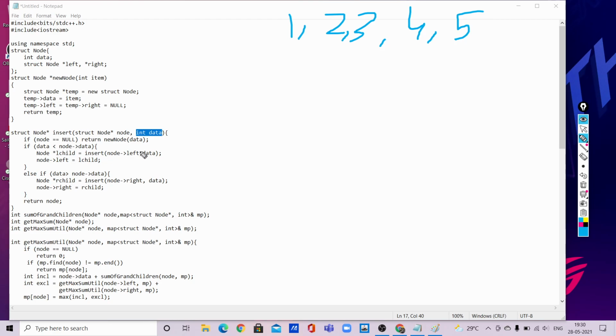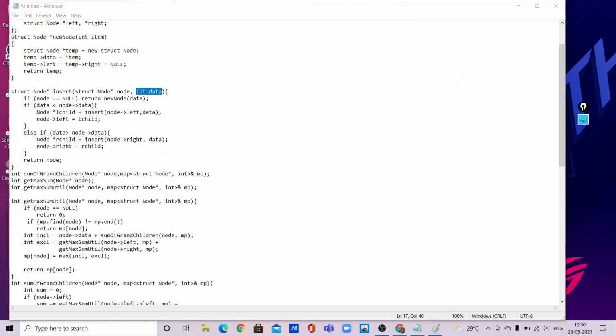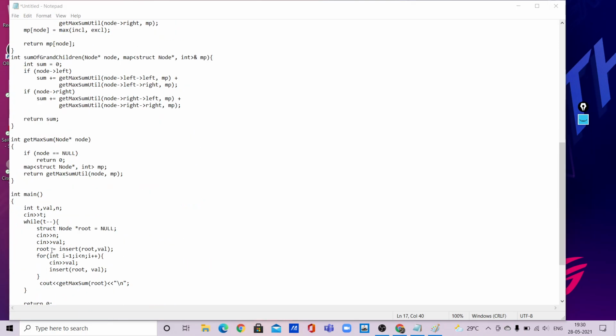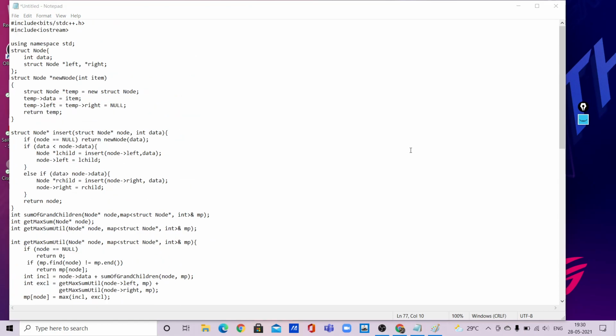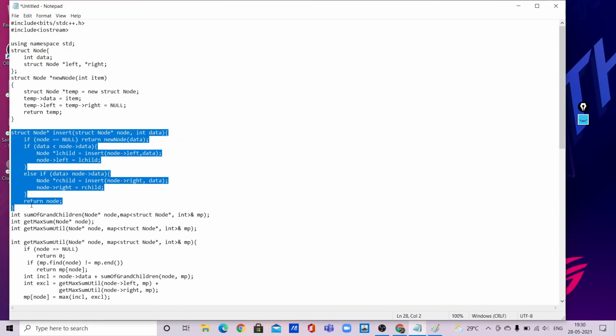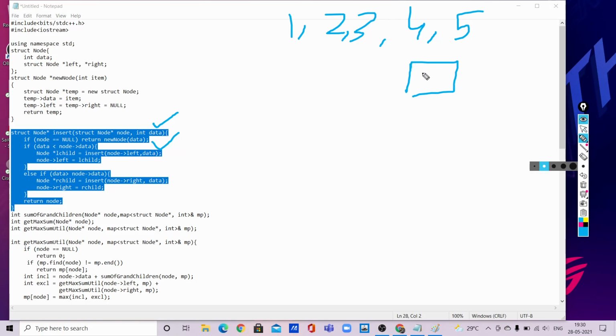So first, if it is pointing to null, when the loop is running here, a for loop for inserting all the values of the array, we have to insert one by one element using this. First we will initialize with 1, as it is the first element. We will make it the root node, and next this is completed. Now 2 will be coming into the picture.